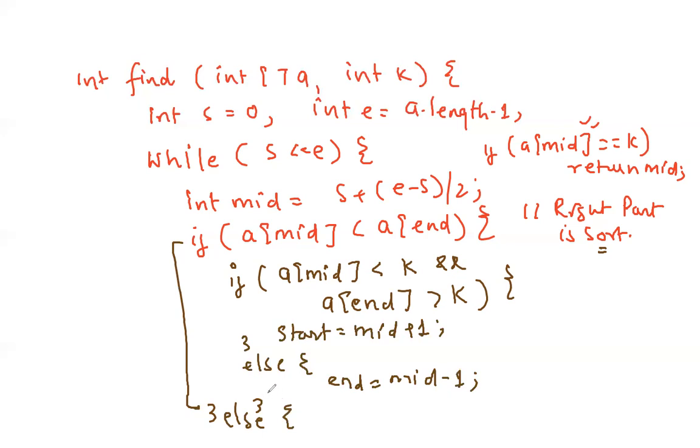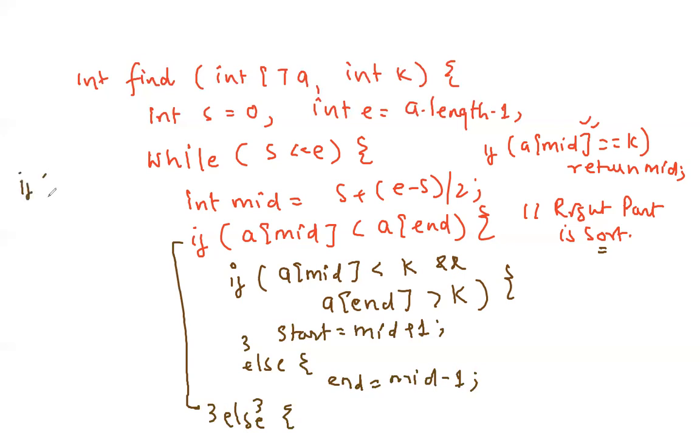If the right hand part is not sorted, the left hand part has to be sorted, right? The whole insight of a rotated sorted array is that if you split the array, one part has to be sorted. If the right part is not sorted, the left part has to be sorted. And then what we'll do,